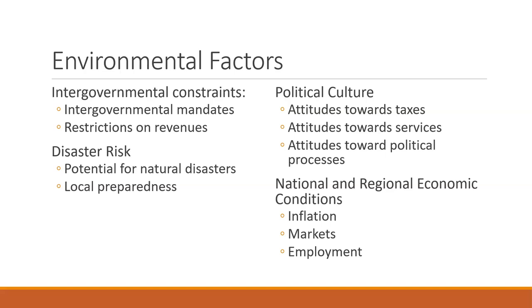Okay, then we also have disaster risks. What is our potential for natural disasters, and how well prepared are we? Of course, we also know that we have a major river here, and in the last 50 years, we have had 2 major city-destroying, devastating floods. Okay, so we have actually really high local preparedness. We have a certification system that college students and citizens can go through for flood emergency management.